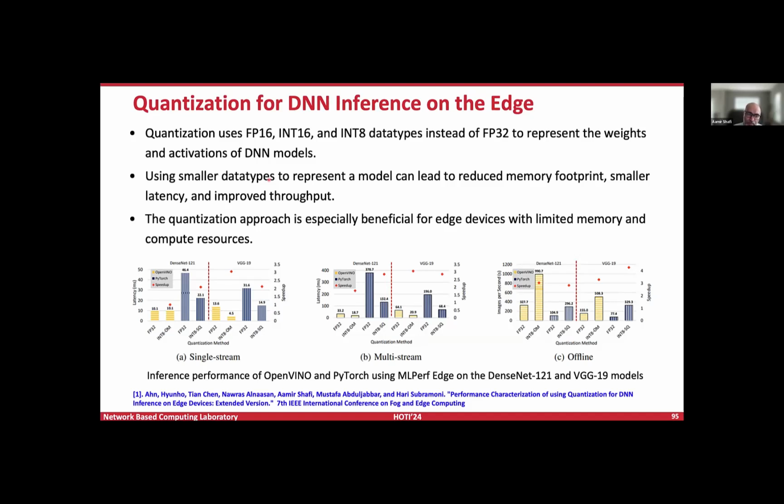We worked with the Raspberry Pi 4, and the other device was, let's say, you're doing inference on your own desktops using Intel CPUs. What quantization basically means is that we could utilize leaner data types, for example, FP16, int16, or int8, instead of using the default FP32 to represent the weights and activations in DNN models. I will not be able to go into a lot of details, but people have researched that